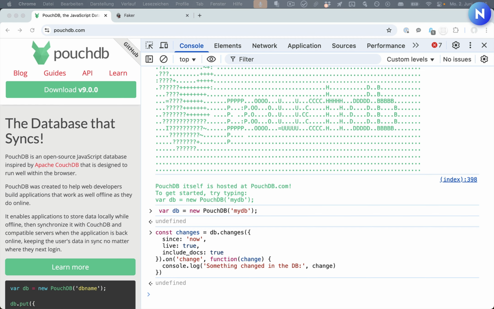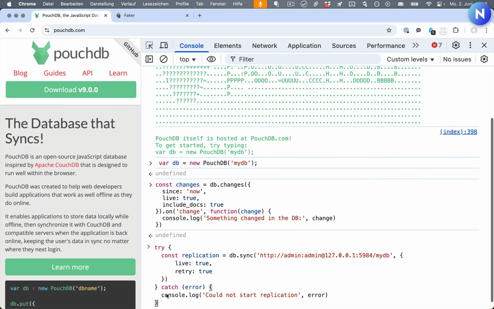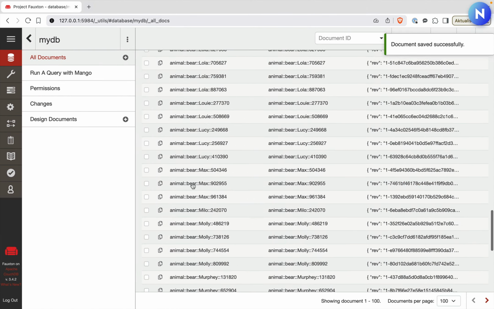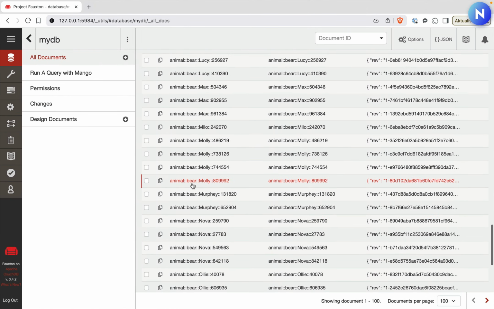Now, the way I'd like to demonstrate this working is by making the changes in the CouchDB on the server, have them replicate over here into the browser, and then listen to the changes here, which means that we also need to turn on the replication again. So I'm just going to use a version without quite as many events. Off we go. And now we can skip over into here, find ourselves an animal we want to change.